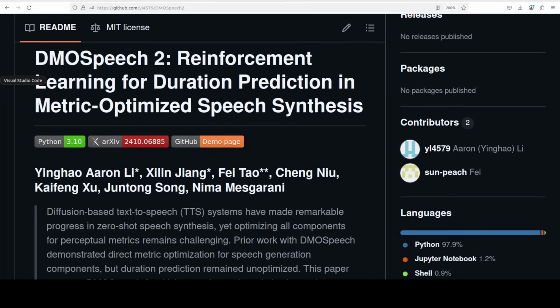Despite impressive quality improvements, zero-shot TTS still faces a fundamental challenge: the lack of true end-to-end optimization for perceptual quality metrics, and that is where this new TTS model, DMOSpeech 2, tries to help out. In this video, we are going to install this locally and we will check out how exactly it does that